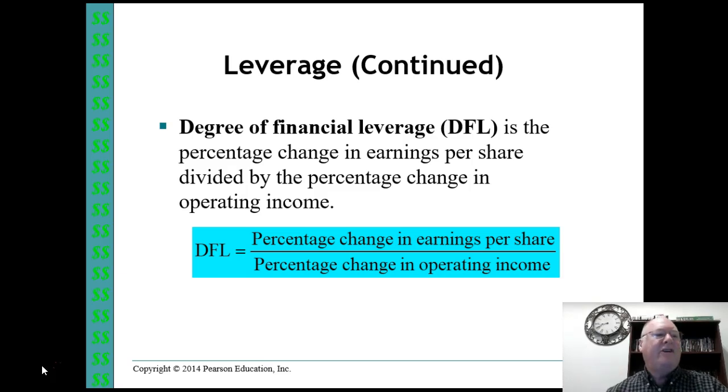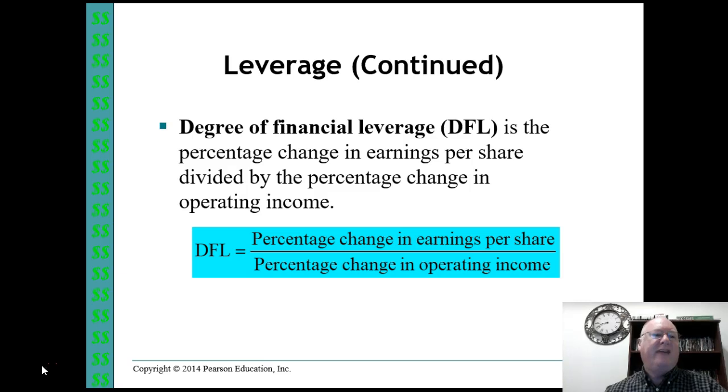This allows you to evaluate your business based upon the financing decisions you have made, the degree of debt that you've got in relationship to the degree of equity that you've got. And so again, you begin to understand how efficient you are being